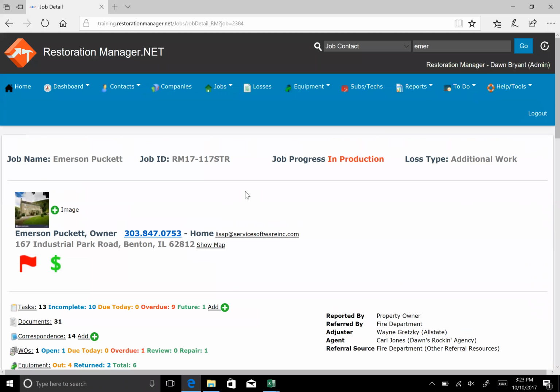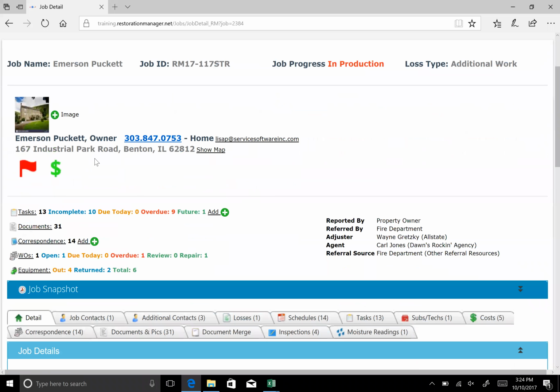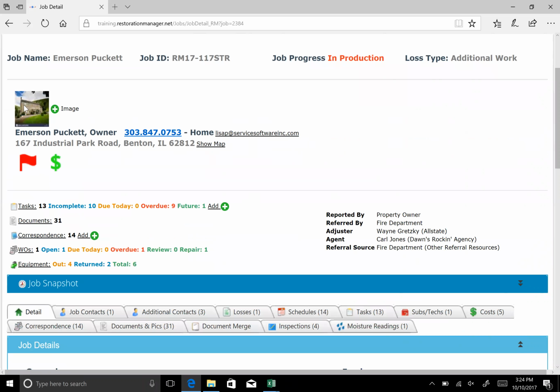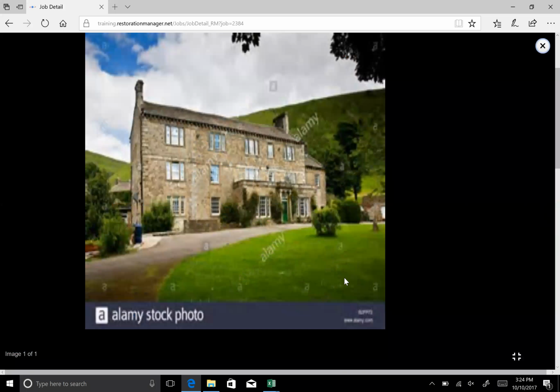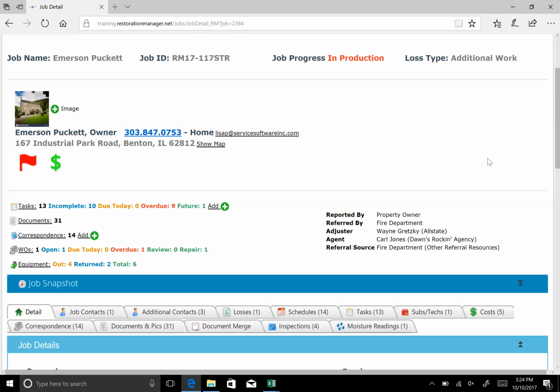And as you can see here, it gives me the job name. Then here is my job ID number, my job progress, and the type of services I'm providing. What is my company providing there as a type of service? Here we have a picture of the front of the house, and if I tap on it, it gives me a bigger view, and if I tap on enlarge, it gives me an even larger view. Once I'm done looking at that, all I need to do is come down and hit my X button. It brings me right back into